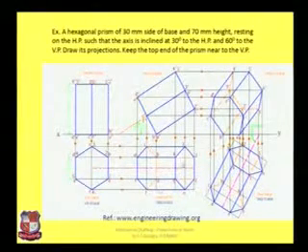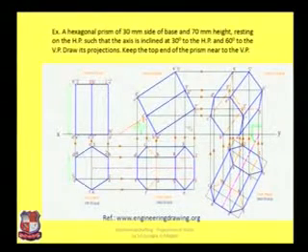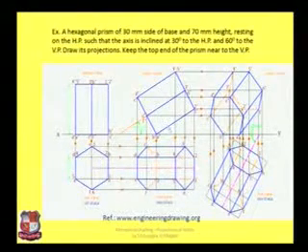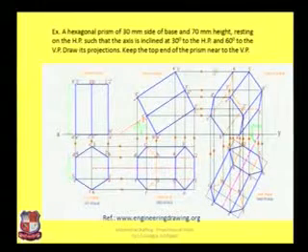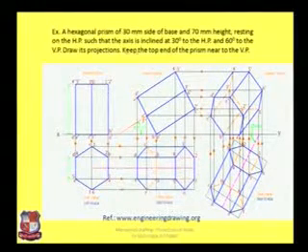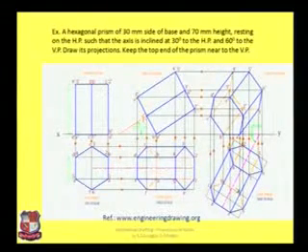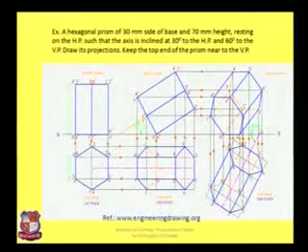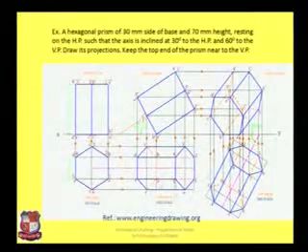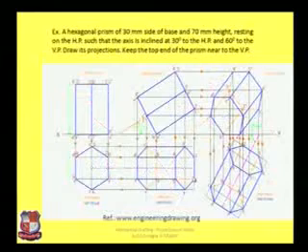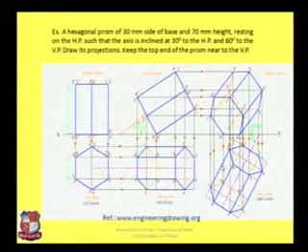So this is the second line. First we have drawn the first line, side length and height. Second, angle with HP. Now the third line, angle with vertical plane. Here it is given that the axis makes an angle of 60 degree with the vertical plane. So we have to tilt this top view at an angle of 60 degree like this. So redraw all this figure at an angle of 60 degree like this.